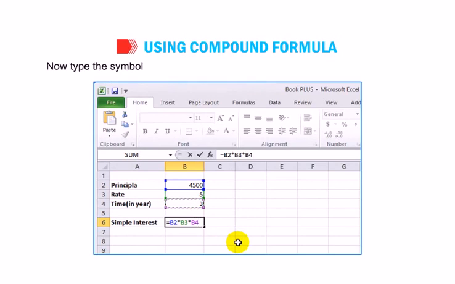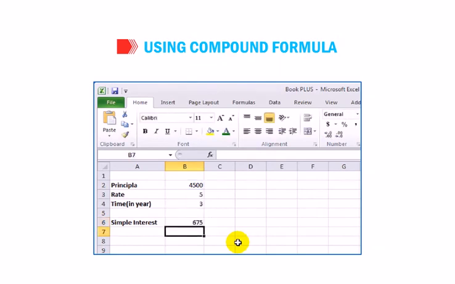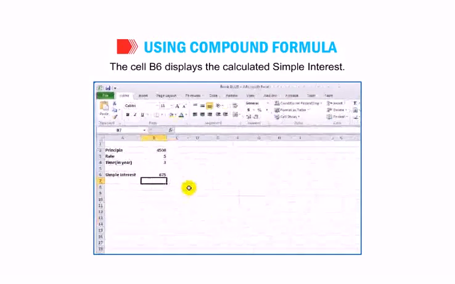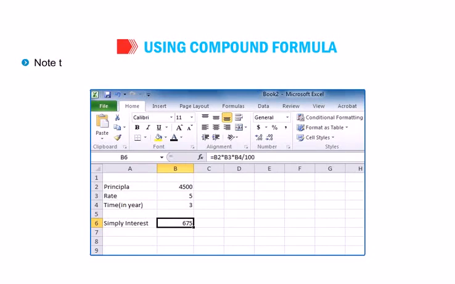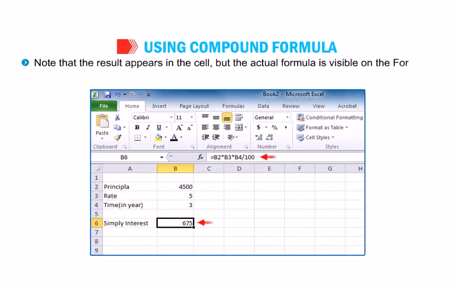Now type the symbol slash followed by 100 in the cell B6 and press the Enter key. The cell B6 displays the calculated simple interest. Note that the result appears in the cell, but the actual formula is visible on the formula bar.